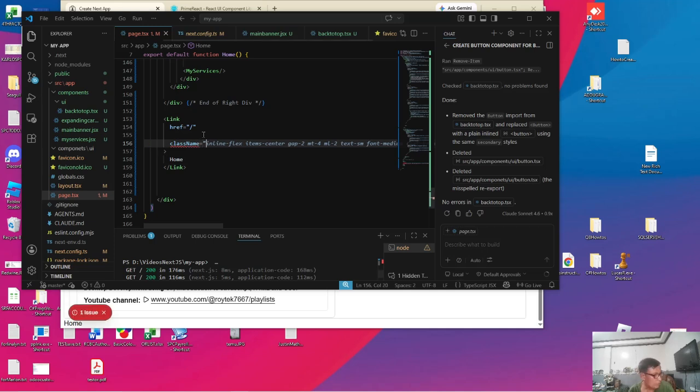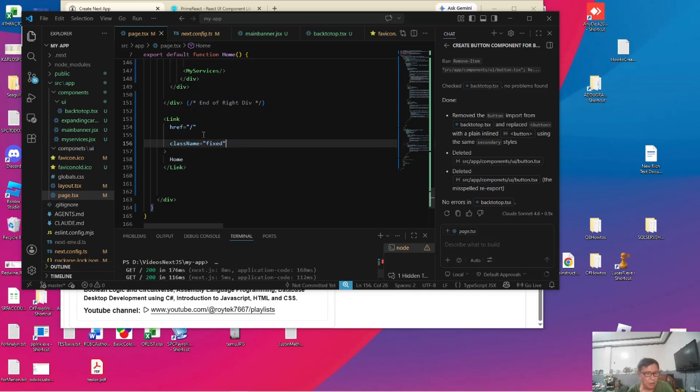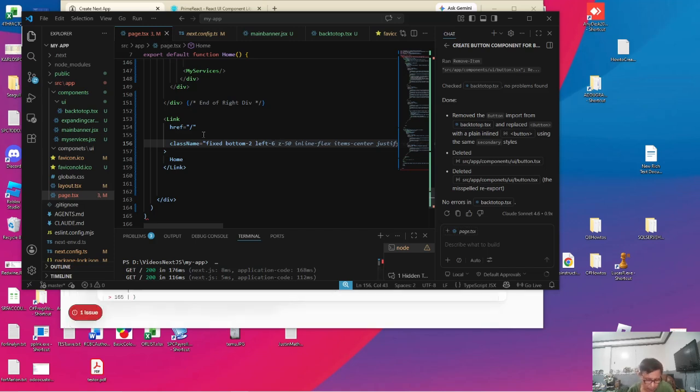The first is fixed at bottom. Bottom 2. Okay, there's a bottom margin of 2 and a left of 6. Z-50 so that it's always at the top.